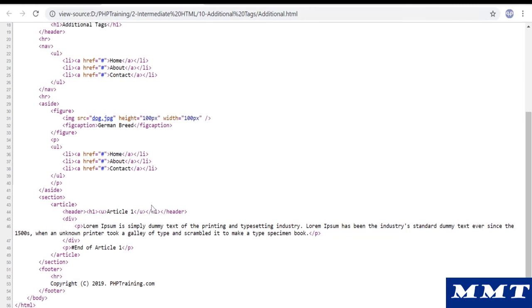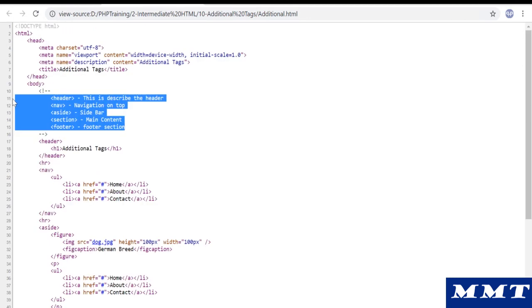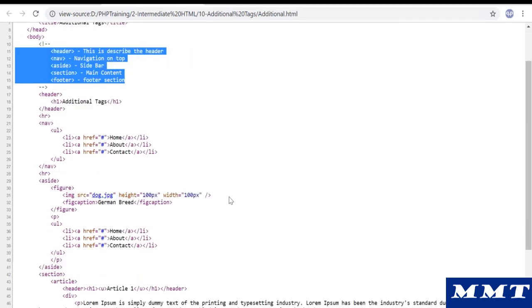and which section of the HTML page you're actually trying to write. Okay, so it's very important to understand, if you have such kind of structures in your HTML page, it is easy for future reusability and also extendability. So these are the 5 elements I want to show you as a part of additional tags. And make sure when you write an HTML page, it's readable and extendable and basically easy to understand. When you want to make a change, it should be really easy for you to make a change.